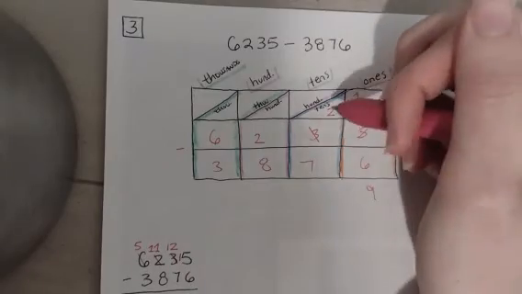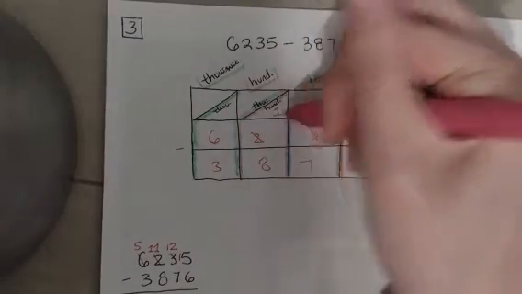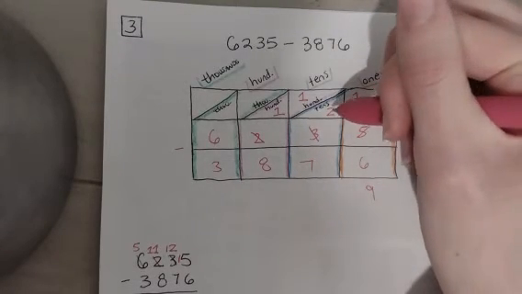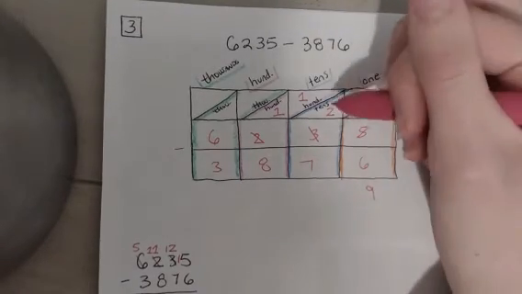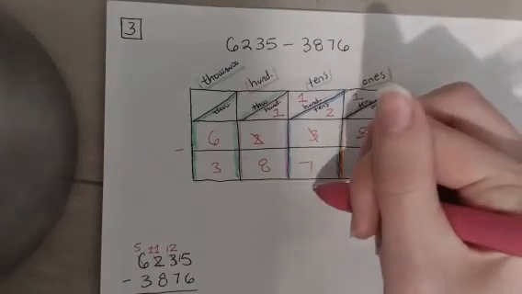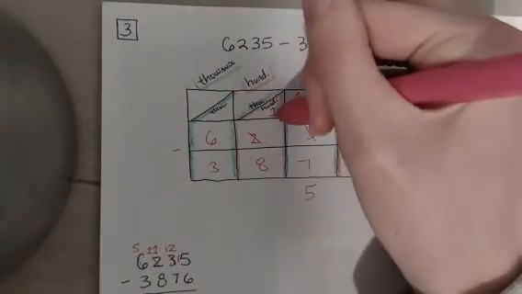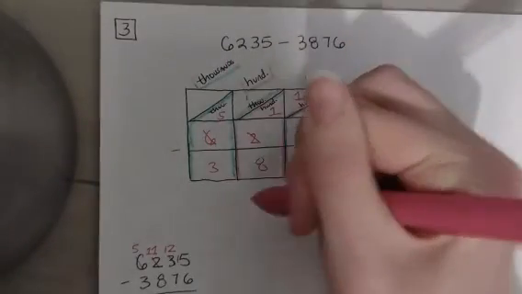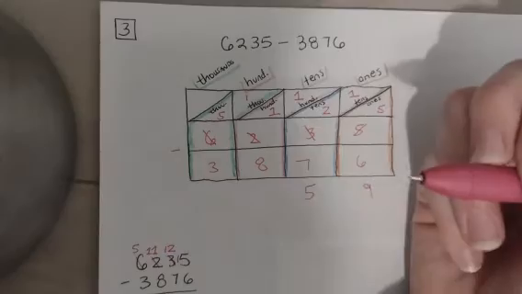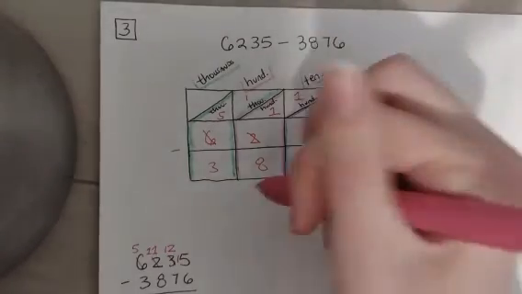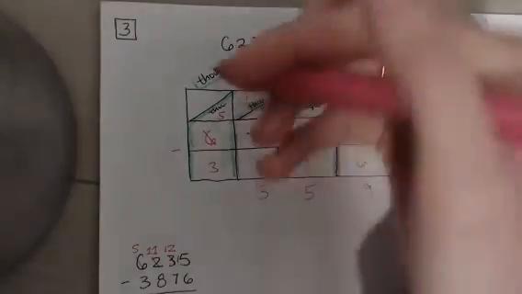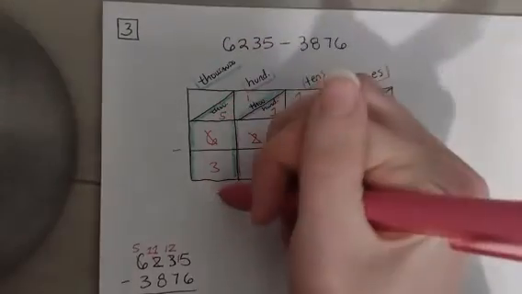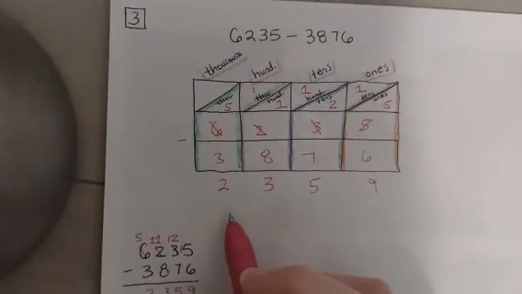2 minus 7, no, we're not going to do that. So we're going to borrow 100, which is 10 tens, plus 2, we have 12 tens minus 7 tens is going to be 5. And then we have to borrow again: 11 minus 8, which is 11 hundreds minus 8 hundreds, really, is going to be 3 hundreds left, three groups of hundreds. And 5 minus 3 is 2. So we have our answer of